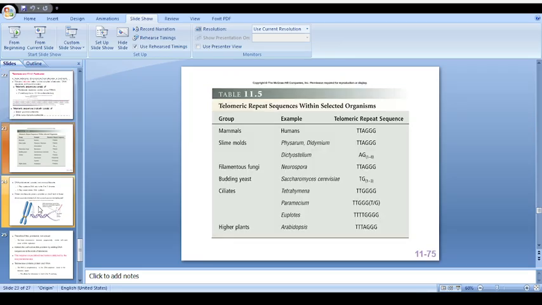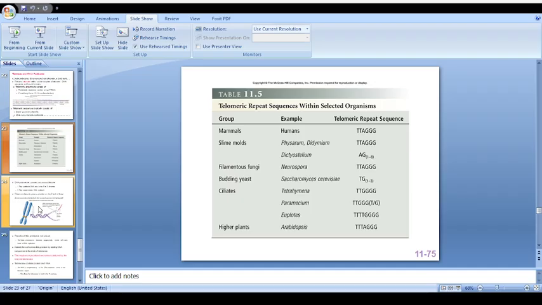So in the case of the telomeric repeats, when they are added to the ends of the chromosome, it varies, and the composition of the telomeric sequence also differs from one eukaryotic system to another. For example, in mammals or humans, we have TTAGGG, that is 6 nucleotides, whereas in slime molds it is TTAGG, and in Dictyostelium it is AG 1 to 8 repeats, and in filamentous fungi, that is Neurospora, it is